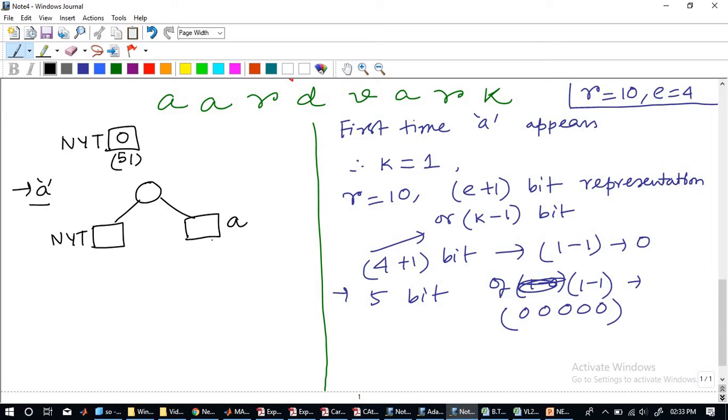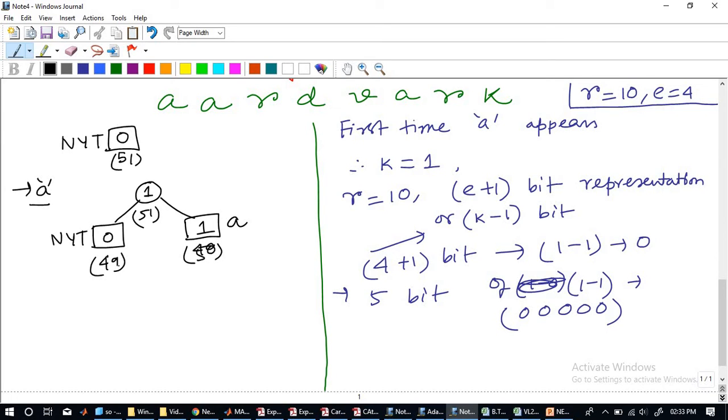This is supposed to be your A. Weightage is 1. This is 0. 1 plus 0 is 1. So this will be 1. This is 51. This is 50. This is 49. Am I clear with the encoding what I did?